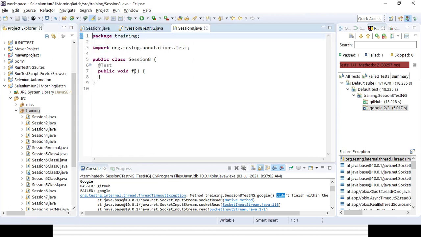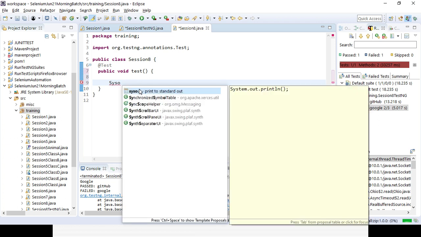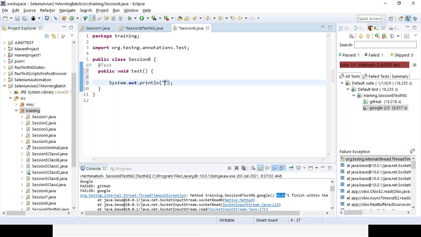Here I create a method, suppose start test, and I want to print out something like class session 8 only. That is the output I want to print.